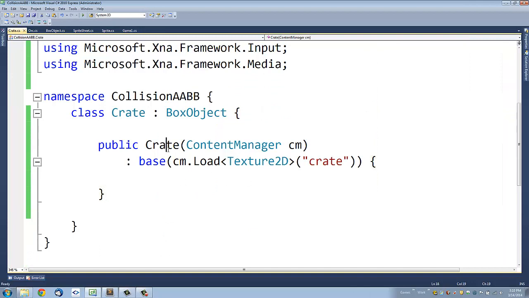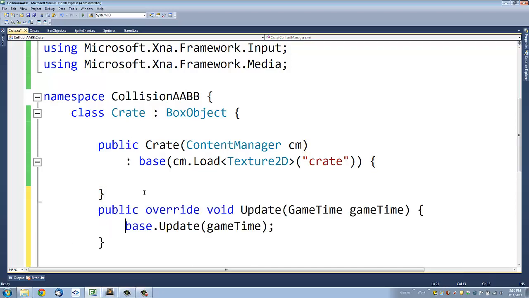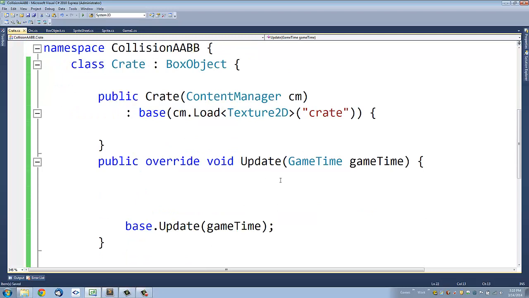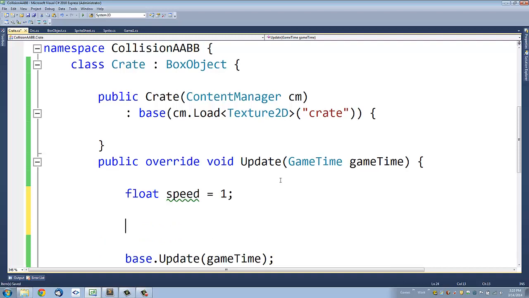The crate class is really simple. What I'm going to do is create an override for the update method. So I'm going to override update. And what I want to have happen is I want the crate to be moving to the left. So I'm going to calculate a speed, and I will then, of course, say position.x minus equals speed. And that's pretty much all the logic we need for a crate. So what I'm going to do is test this now. I'm going to jump over to my game class,